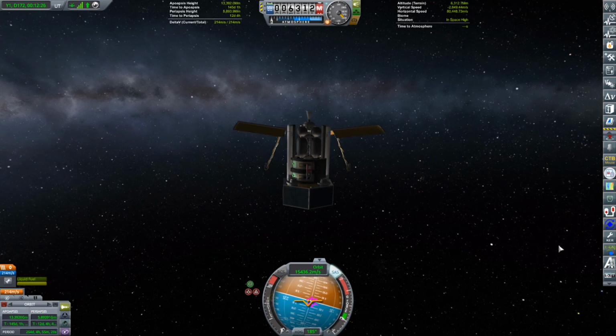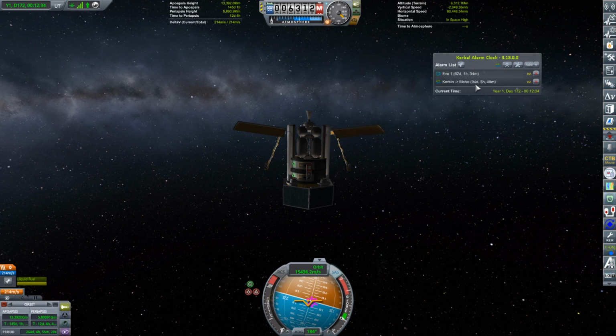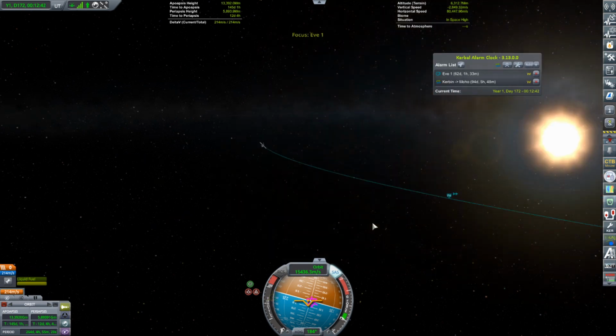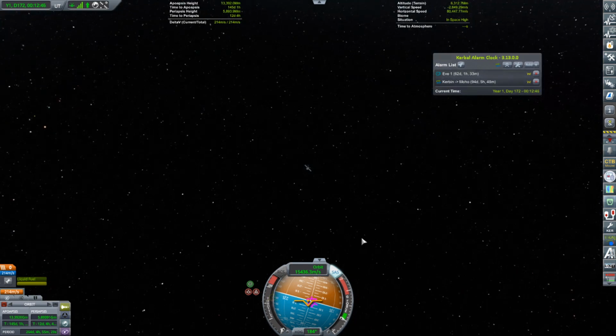So let's open up alarm clock. And we're going to add an alarm for crossing into Eve's sphere of influence. That's going to happen in 94, almost 95 days. Now, am I still close to the other one? I am not. Let's find our other probe and direct it to Eve. So a little bit of finagling going on here, but...